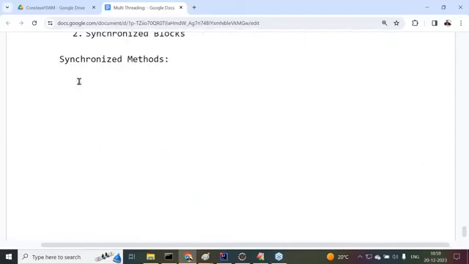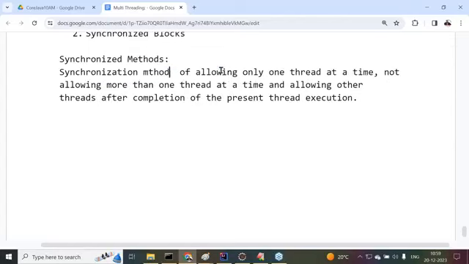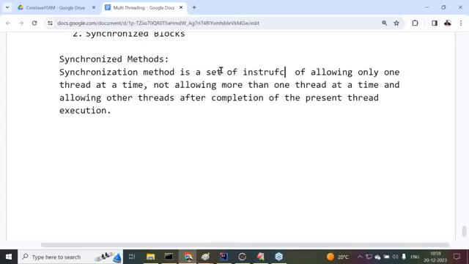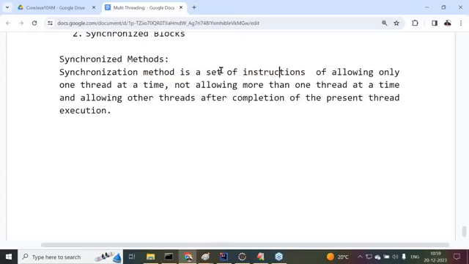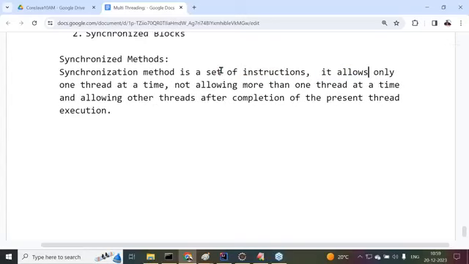Right, sir. Now see this one, the same point I'm telling you here. Synchronization is a mechanism. Okay, a synchronized method is a set of instructions, it allows only one thread at a time, not allowing more than one thread at a time, and allowing other threads after completion of the present thread execution.